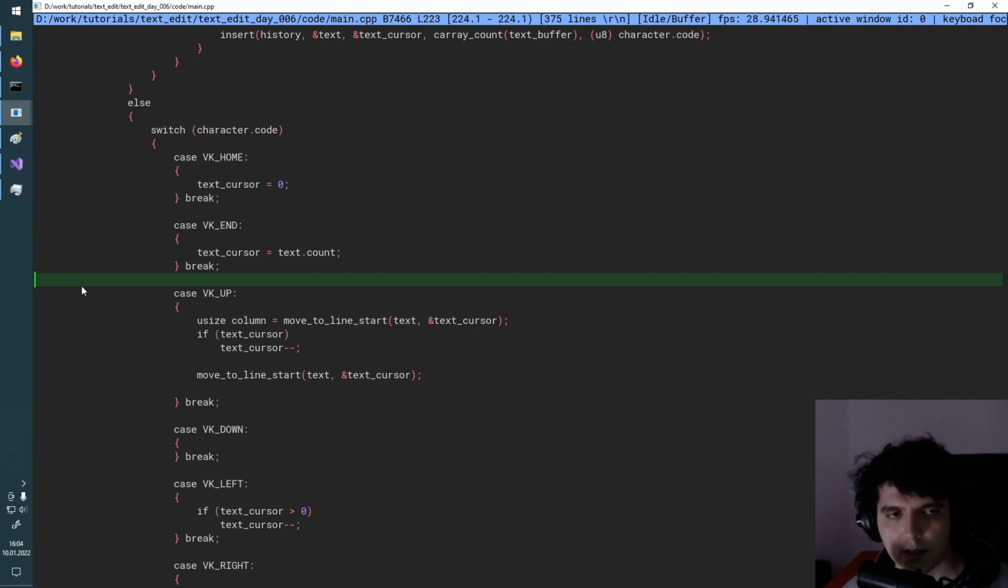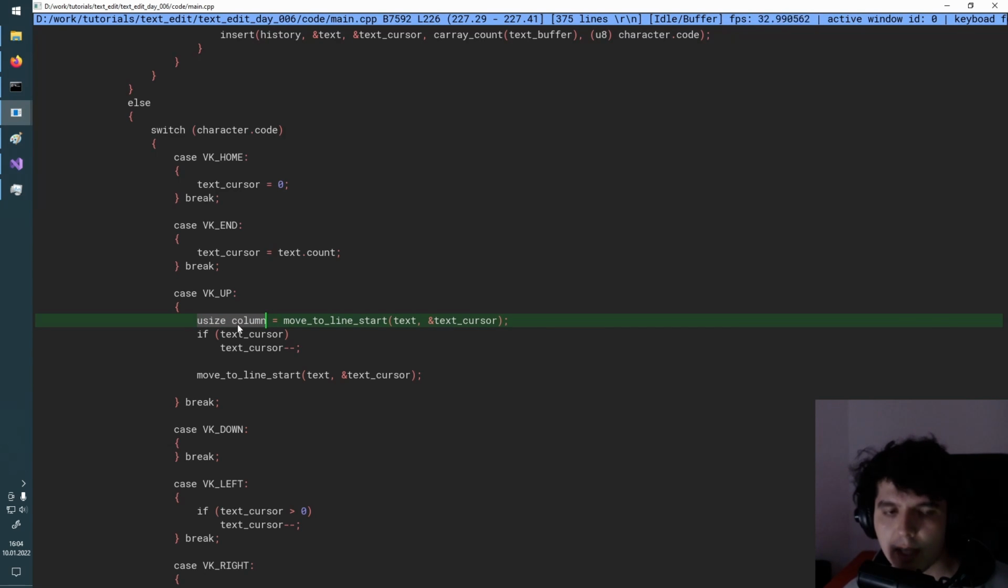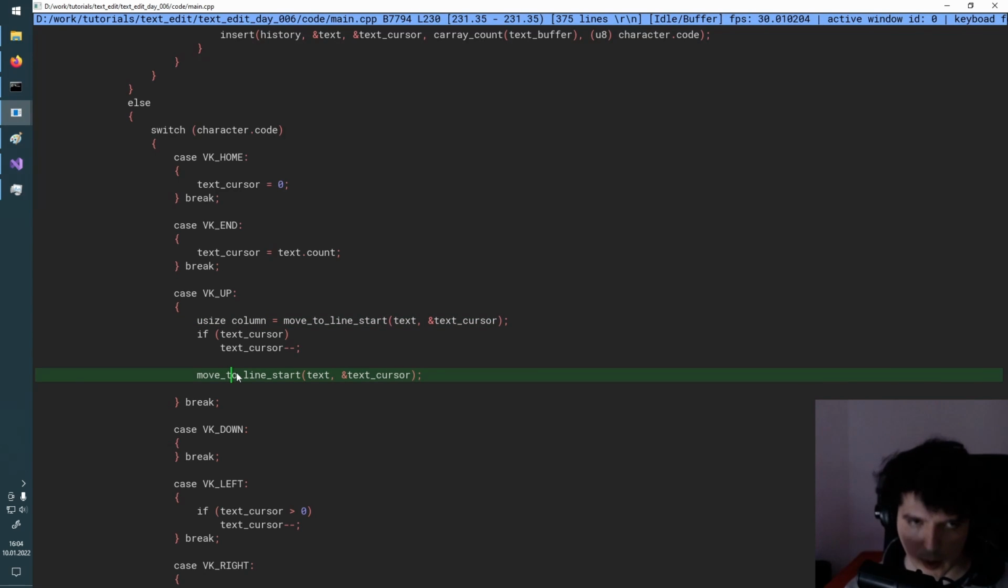And after that we want to move however many columns we have here, if there are so many columns available. So